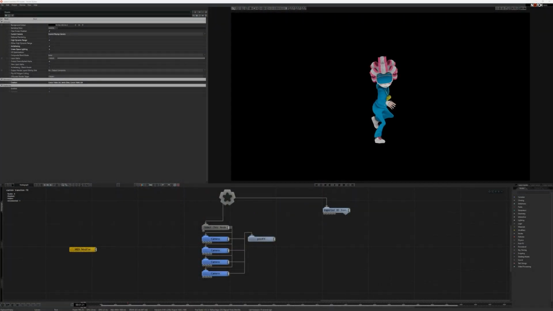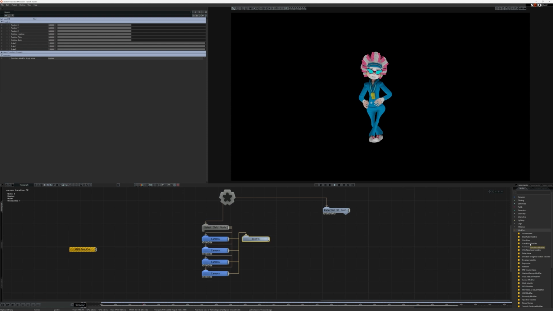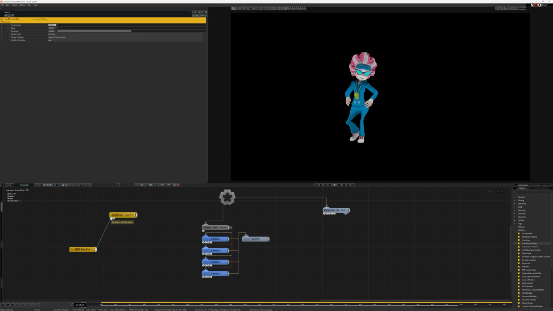This episode, we're going to need some cameras, something to look at, and a MIDI controller. I've got a null as well here for us to add post effects to, because there's no point adding them to each camera at a time. We're going to start with a condition modifier, setting the threshold to 0.95, so that it's only when we're at